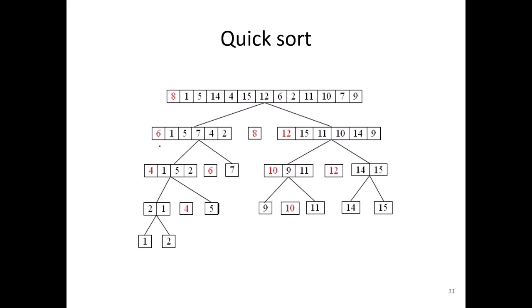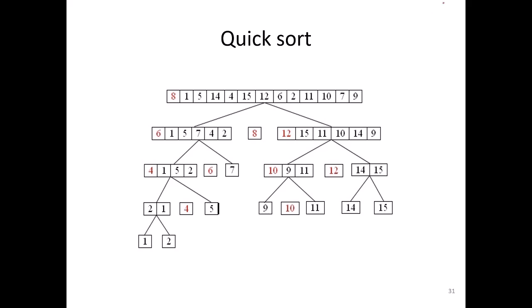Here I have considered the first element as the pivot element. I take 8 as the pivot element and compare it with the elements in the list. I maintain two pointers, i the left pointer and j the right pointer. I compare: if a of i is less than or equal to the pivot, just increment the i pointer. If it does not satisfy the condition, just stop incrementing and go to the right side. Now the pivot is compared with the element at the jth position. If a of j is greater than the pivot element, just decrement the j pointer.